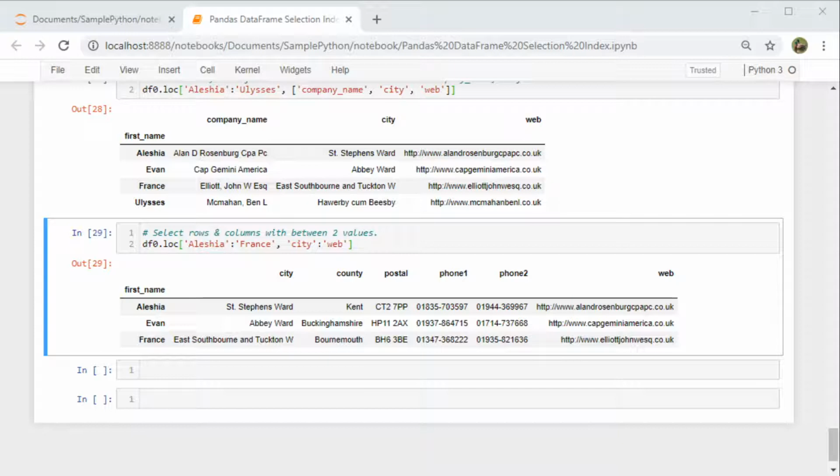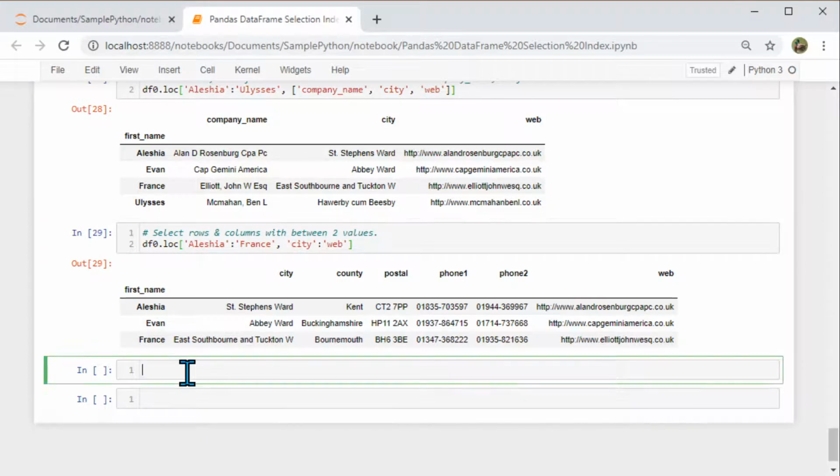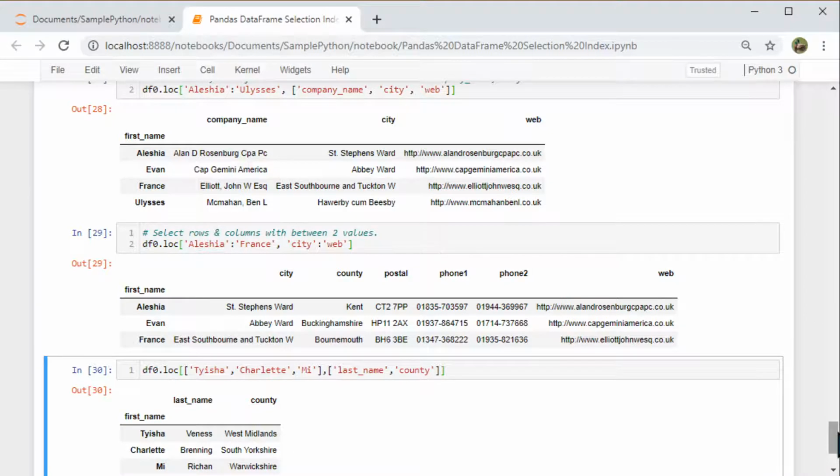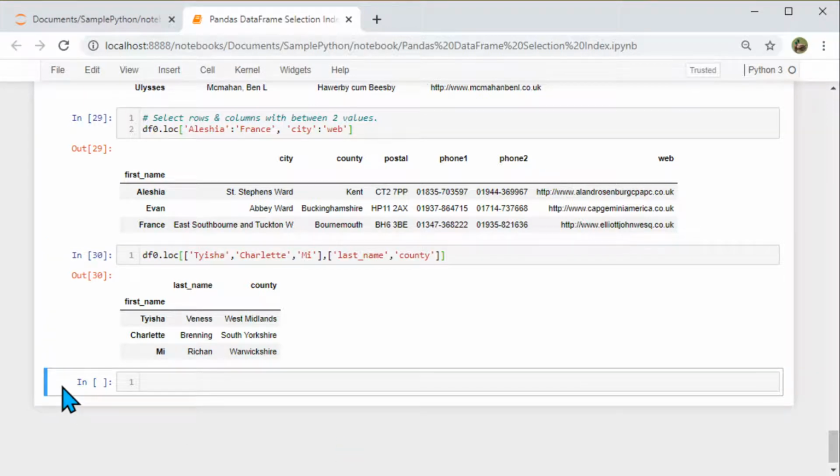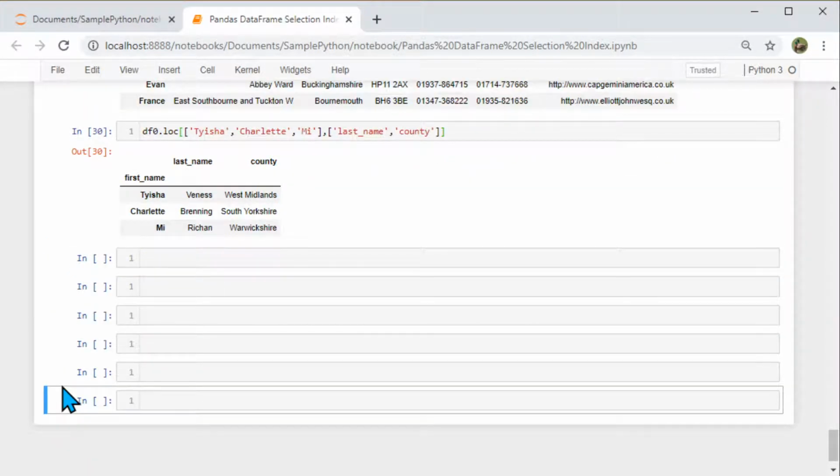Now moving on, let's say, can I specify specific rows and columns? Yes, we can do that as well. If I do that, I specify three names and two columns, and it shows me exactly what I need. So these are the different ways we can select rows and columns. We can use iloc when we are passing integer values, or we can use loc when you are specifying by index, or the index for the rows, and for the columns you specify the name itself.